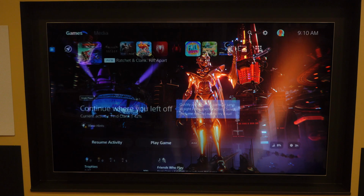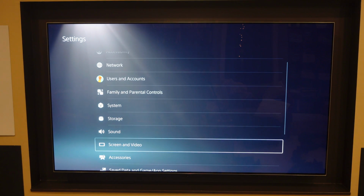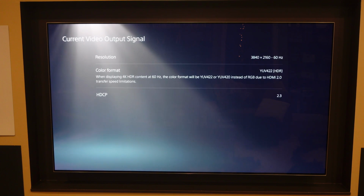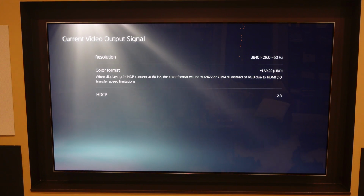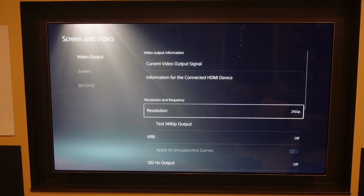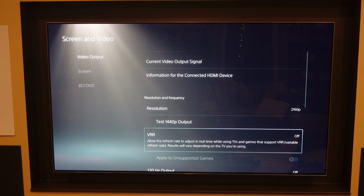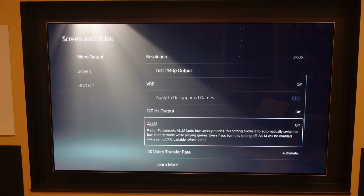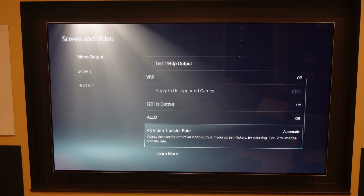I do want to show off the PlayStation audio and video settings really quick. So we're going to go into the PS5, go into video output, take a look at the current video output signal, and we can see 4K, 60 Hertz, YUV422, and HDR. So again, we're not using the 48, well, PlayStation can't even do 48, it can only do 32, but we're not using the greater than 18 gigabit bandwidth capabilities of the PS5 because we are limited by the projector downstairs. So resolution fixed to 4K, VRR turned off, 120 Hertz output turned off, ALLM turned off, 4K video transfer rate